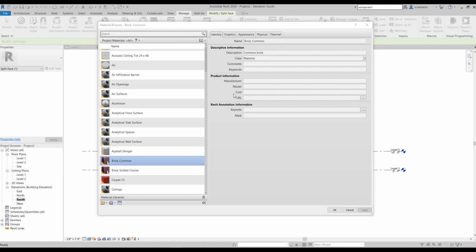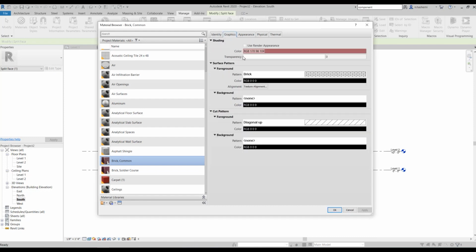For example, this one is common brick and it is in the masonry class. You can add comments and keywords, who the manufacturer is, how much the cost per square foot is, and here you can add a link.